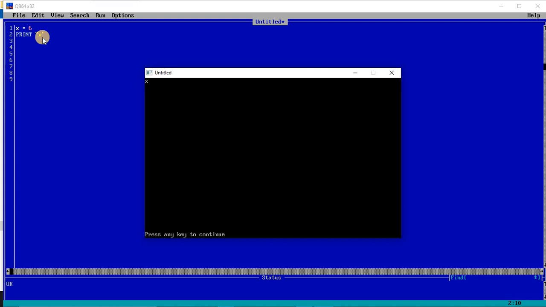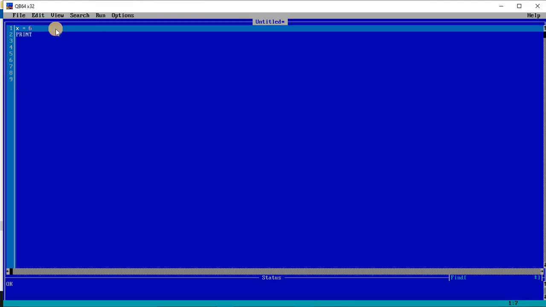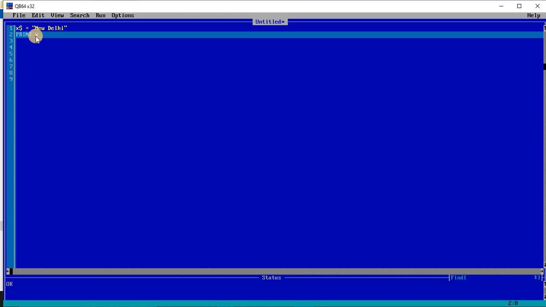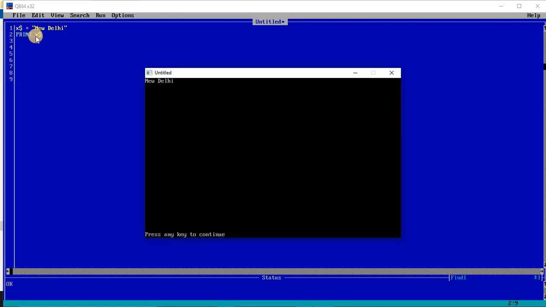Okay. So in this way we can also do more things. Over here I am not using x, I am going to the previous line, and I am writing x dollar. So x dollar will become a string variable now. Here I will write New Delhi. And I will print x dollar over here. Once you run this program, you will see that it's printing the value of x, and right now x is a string variable, so it will print the value of x, New Delhi. This is known to you.